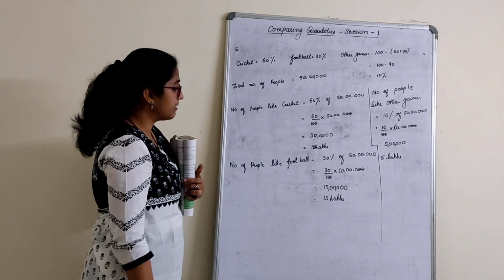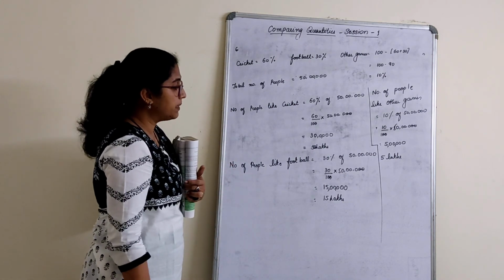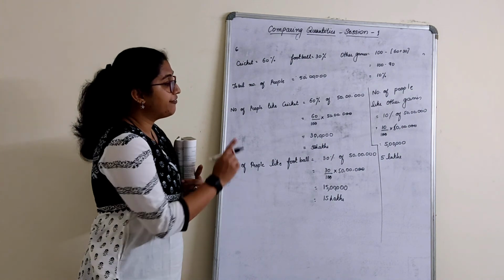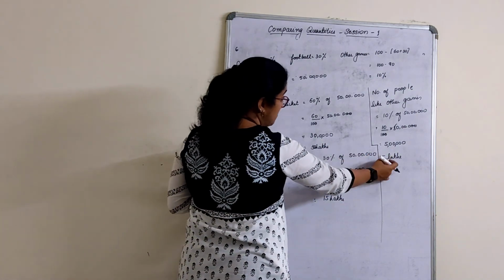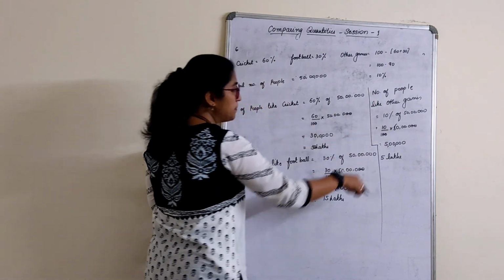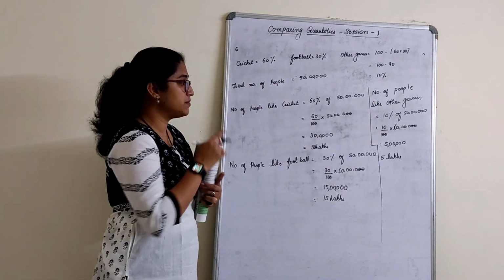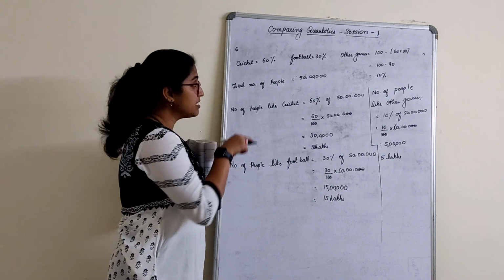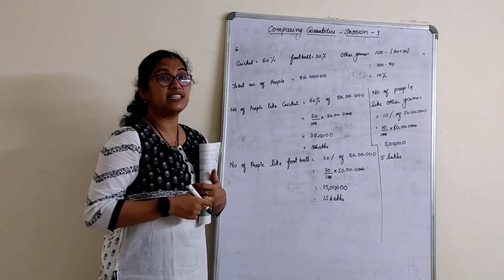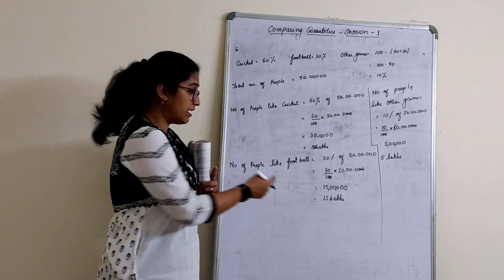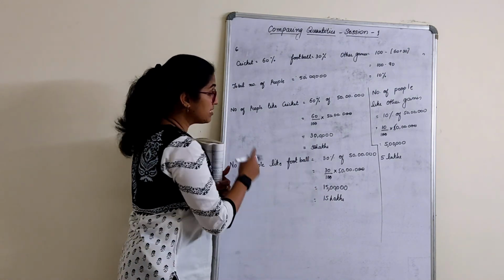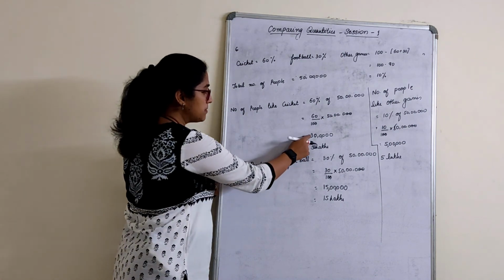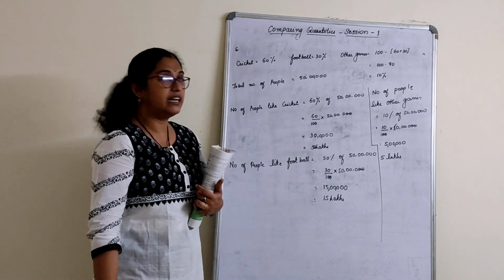30 lakhs like cricket. Then 15 lakh people like football and 5 lakh like other games. See, sometimes you also realize, when 10% are liking other games, answer is 5 lakh. 60% are liking cricket, how can the answer be 3 lakhs there? It has to be more than that. So I just messed up with the zeros there. Don't make that mistake. 30, 15 and 5 lakh.